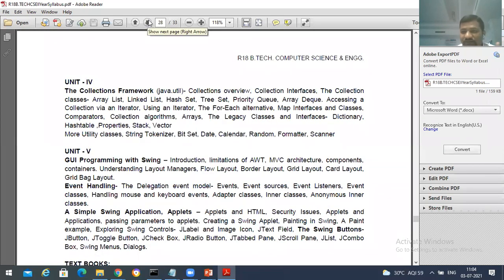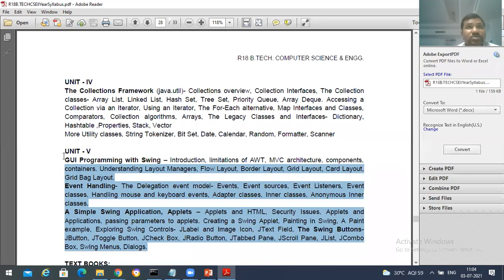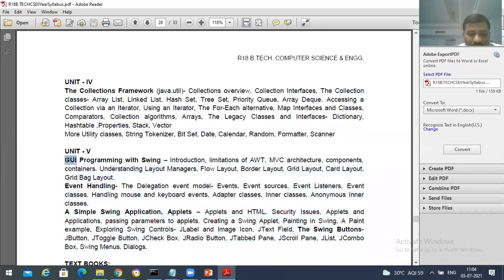If revision sessions are not there, then after completion of unit 5, I will go with those things. Okay, so unit 5 mainly includes three parts. It's very time consuming for us to discuss this unit 5. First is GUI programming, which is going to be an introduction part, and in one single class we'll go with the introduction. Maximum I try to complete all these things in one single class, because this takes less time. Layout managers take very little time. We'll be discussing the different layouts that we have. That's it. And then we'll go with the event delegation model.